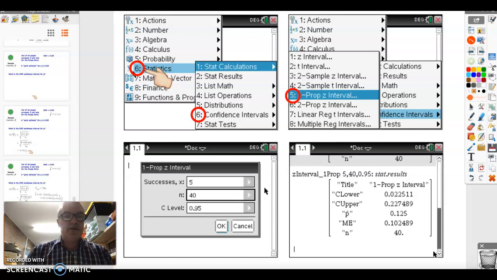So we're going to use the statistics menu this time. We haven't used that menu before in this course. In that menu you'll find number 6, which is the confidence intervals, and within that submenu you'll find number 5, which is the one-proportion z interval. When you use that function, it's going to bring up